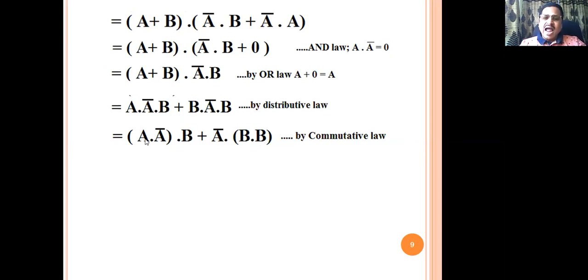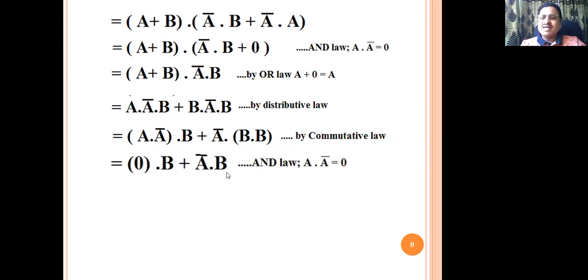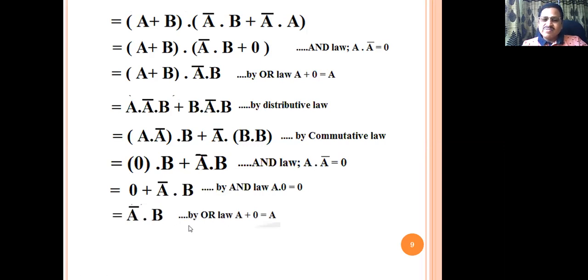Now by the AND laws, ANDing of a number with its complement always equals 0. ANDing of a number with itself remains the same number, B only. Therefore what is left here? 0 and B, or A bar and B. So B and 0 will be 0. The second term, A bar and B, will remain as it is, because by the AND law, ANDing of a number with 0 is always 0. Now ORing 0 with a term, this one remains the same term by the OR law. Thus we have got the required equation as the right hand side of the equation. Hence the given logical equivalency, also called an identity, is proved or verified.